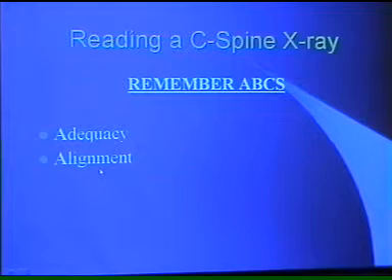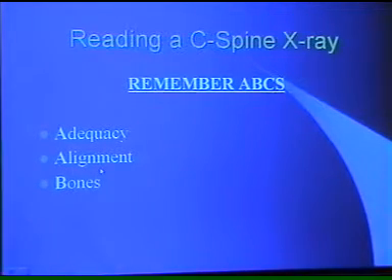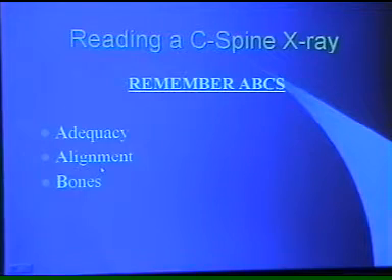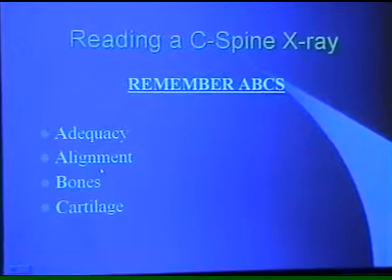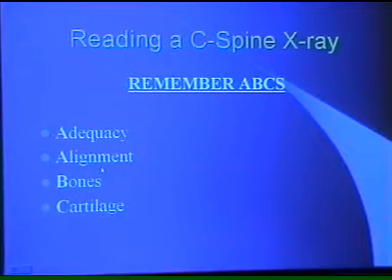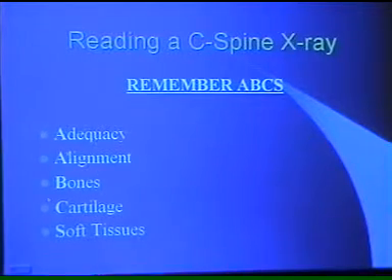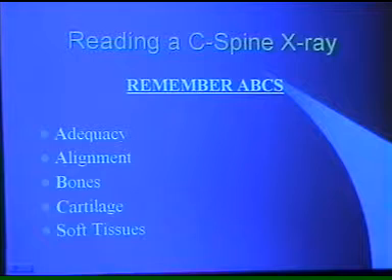Is the general alignment of the vertebra normal as it should be? Second, you look at the bone, the quality of the bone, the outline of the bone, the density of the bone, then the cartilage, including the intervertebral disc, and then the soft tissues. These are the A, B, C, and S of any X-ray actually, but concentrating on the cervical spine,